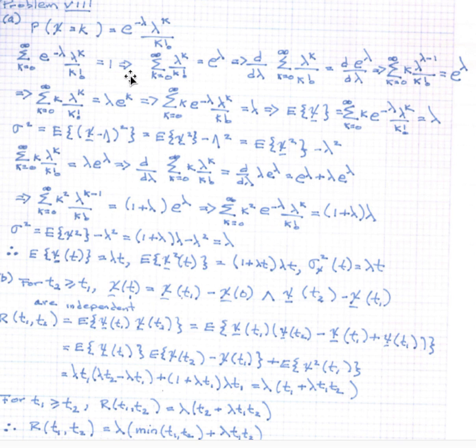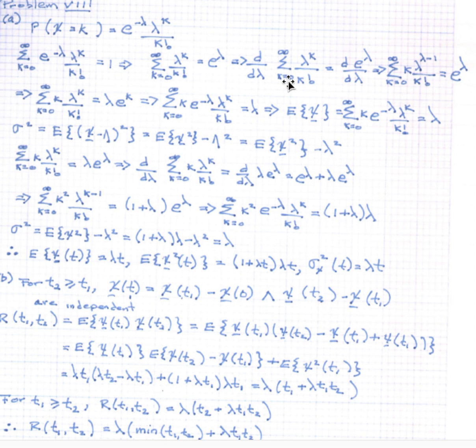This implies that the summation from k equals 0 to infinity of lambda to the k over k factorial is equal to e to the lambda,